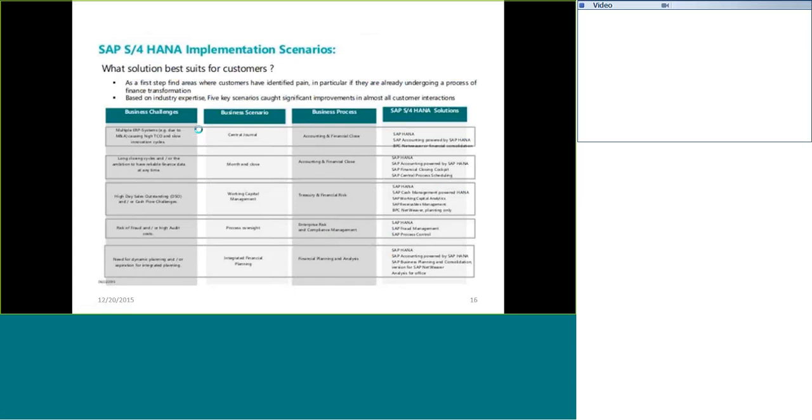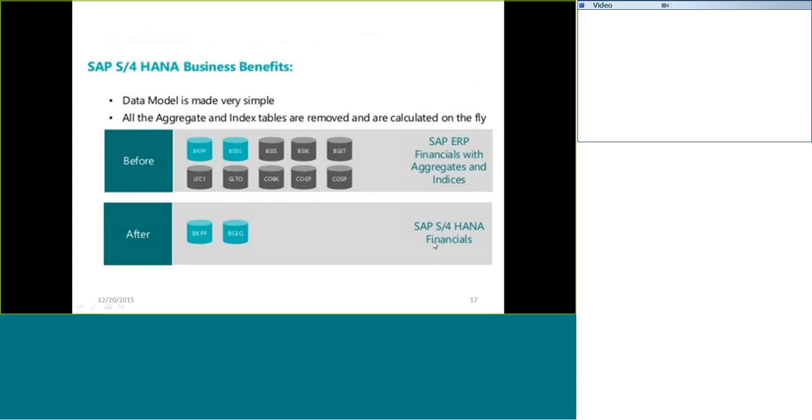Now, implementation scenario. See, these are all the business challenges as client needed parameters, business scenarios as needed coverage parameters in general, and business processes as lifecycle management systems like purchase lifecycle, sales lifecycle, capital lifecycle, capital recruitment lifecycle, human resource lifecycle, and so on. And from the solution point of view, let me show the before structure and after structure.